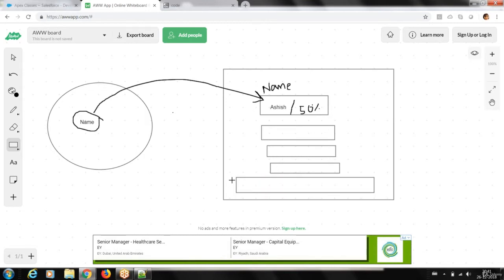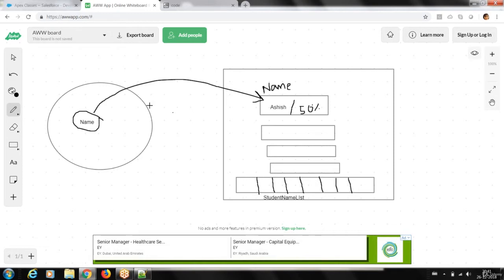The name of this memory we gave as student name list. For each name one block will generate. So all the students can be referred to with only one name and we can access them individually. This is nothing but a list type of collection.